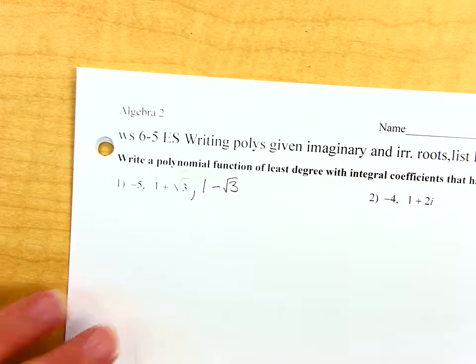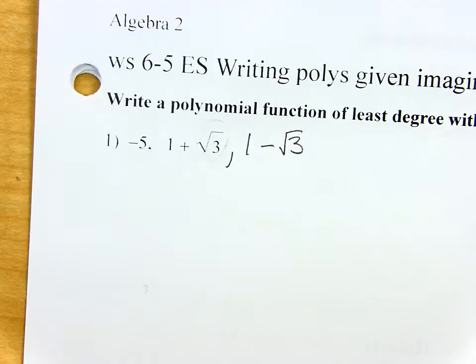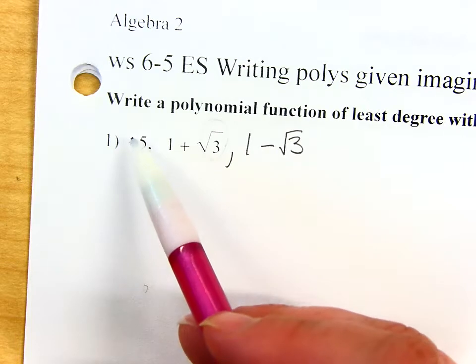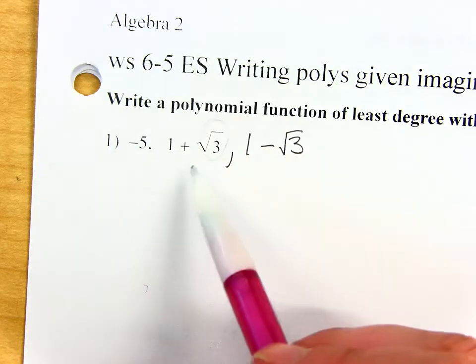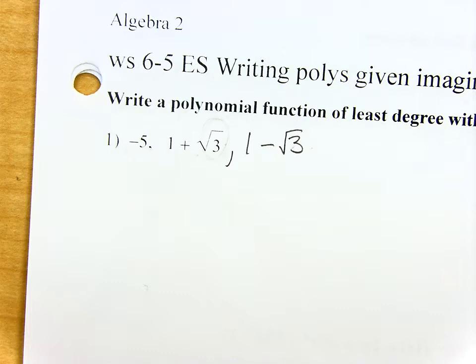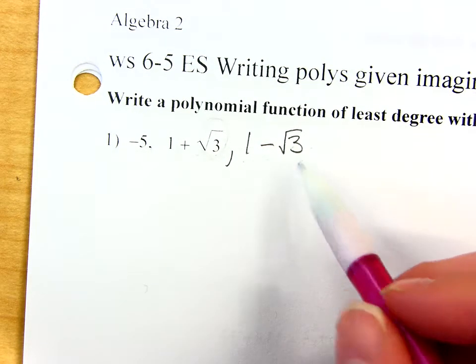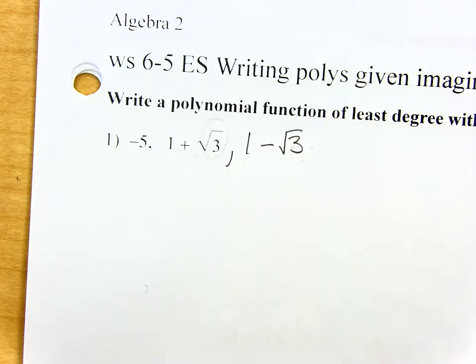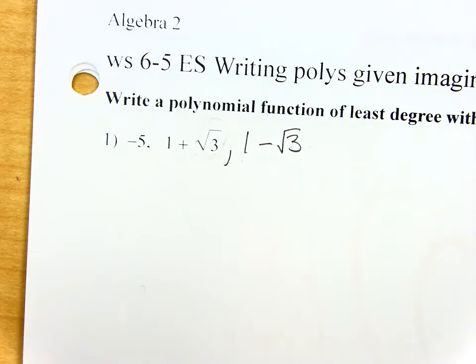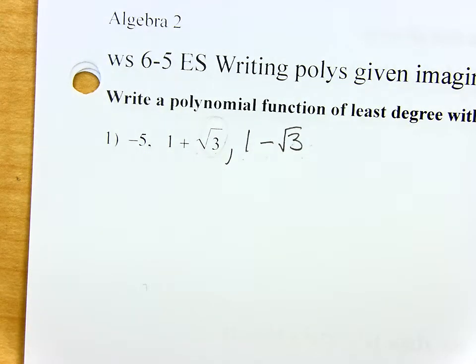So, we figured out so far, they already told me -5, so that's a normal number. That doesn't bring its partner to the party. It's only these weird ones, the irrational and the imaginary. So they told me 1 plus root 3 is a root, so 1 minus root 3 must also be a root. Okay? Now I have my 3 numbers. So, when I finish, what should the degree of my answer be? 3, right? Because I have 3 zeros, so when I multiply this all together, I should have some third degree